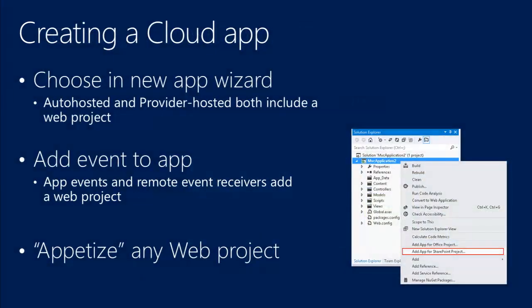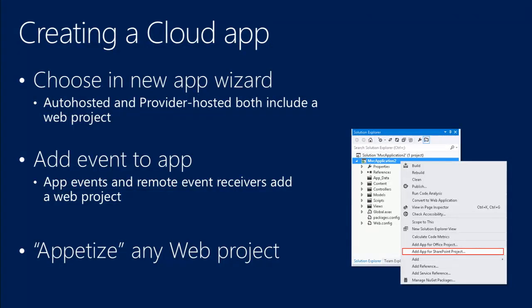So within Visual Studio, we've provided you with 3 key ways to go and create cloud apps. The easiest and obvious one is to actually go and create it in the new app wizard. If you know that you're going to need server code, go and choose the auto-hosted or the provider-hosted model. However, as said before, if you get into a state with your SharePoint hosted app where you've run to the end of what you can do with client code, you can always go and add that remote event receiver. You can always go add an app install event, and we'll actually automatically convert your project into a cloud app and make it auto-hosted by default. And so we'll go and add that web project, and we'll go and add the right artifacts for it. The other thing,